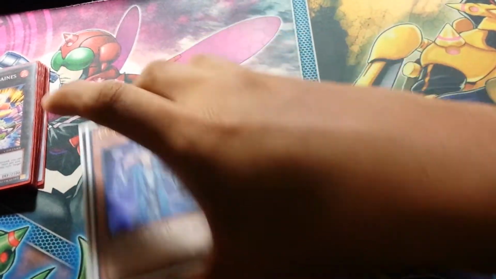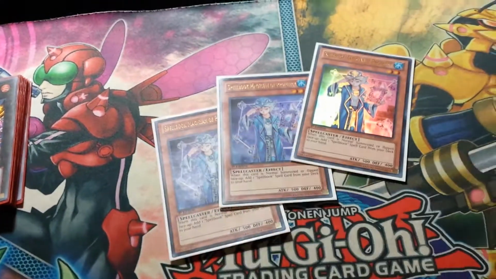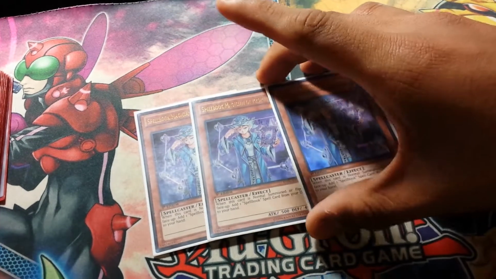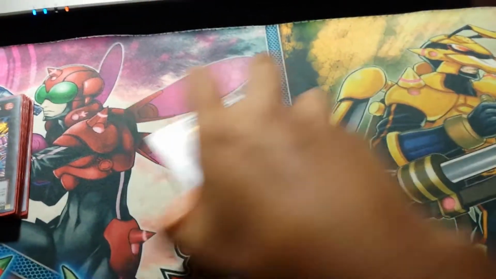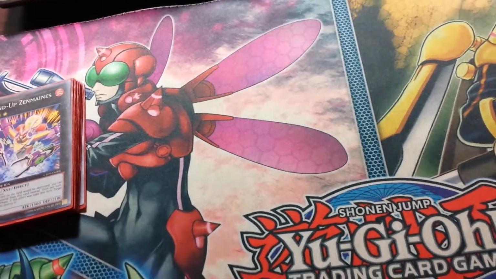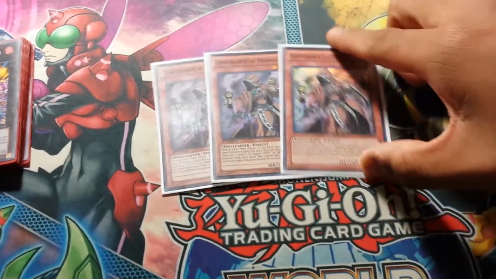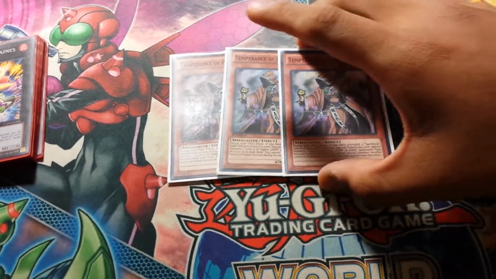So first you go 3 Blue Boy. Blue Boy is amazing. It's basically your Stratos. Stratos is now banned, but this Stratos isn't banned. So yeah. Then you got Triple Temperance, get into your World or your Priestess and some other guy that I